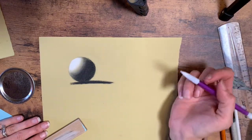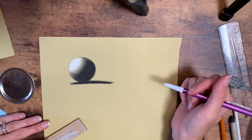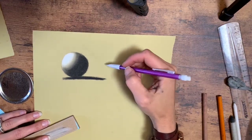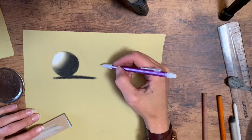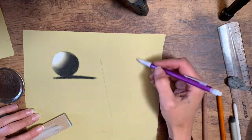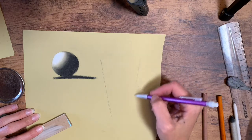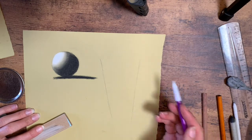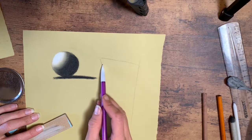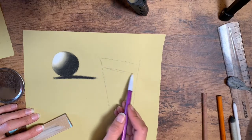Alright, so now that you guys have your value scale and your sphere done, if you want to try something a little more challenging, let's move on to doing some hair texture. So we're going to do the same thing that we did with graphite, just drawing a curl. And remember, this is the basic shape of drawing a tight curl. You're going to do like a V shape, and then you're just going to kind of do diagonal lines